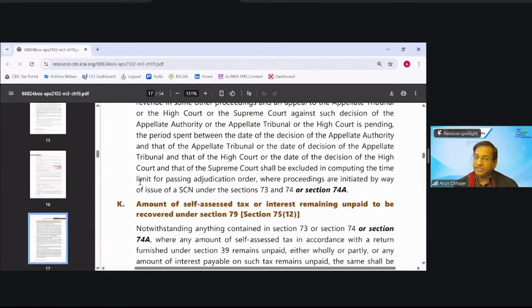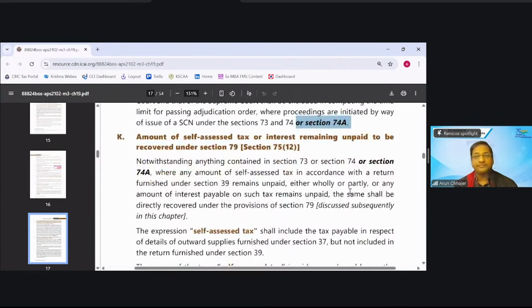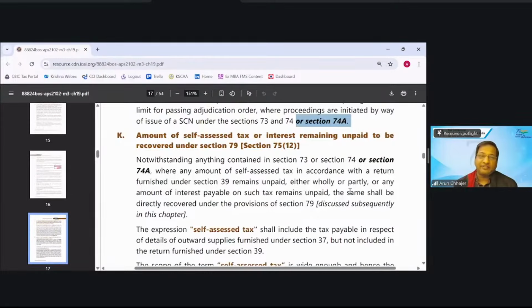in computing the time limit for passing the adjudication order when the proceedings are initiated by way of the SCN in 73, 74. पहले 73 74 था और अब 74A ऐड कर दिया उन्होंने। ठीक है, हाँ, इसकी मैं बात कर रहा था 75(12) की। Amount of self-assessed tax and interest remaining unpaid to be recovered under section 79।